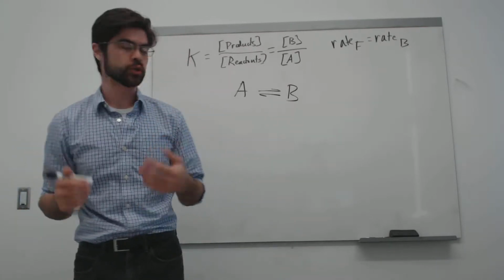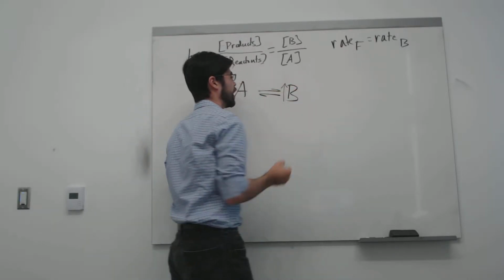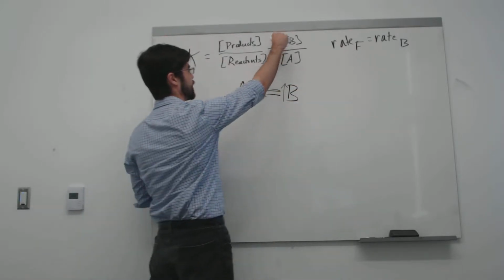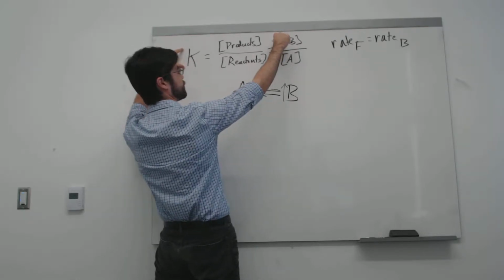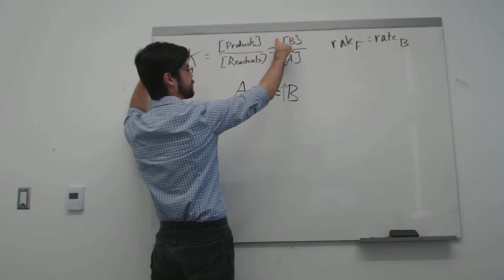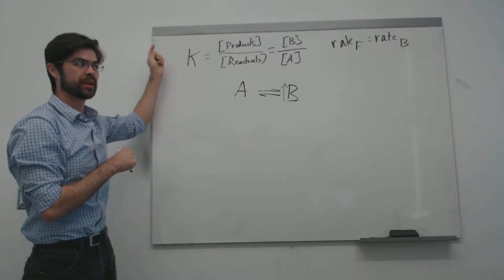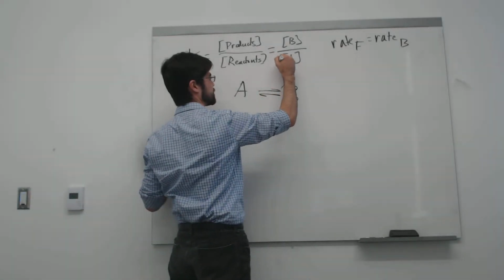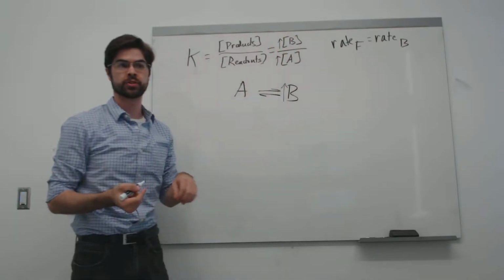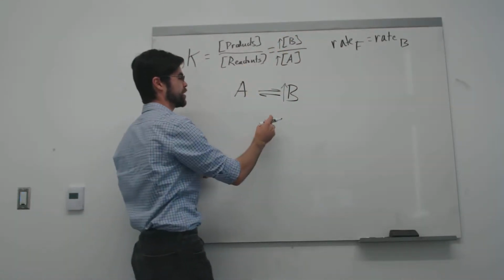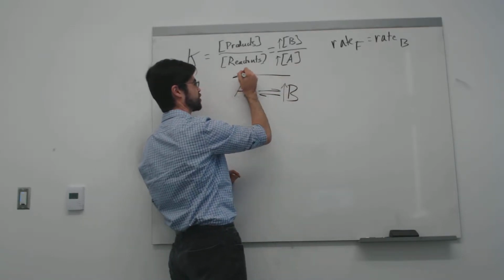And if I disturbed it by, say, increasing the concentration of B, meaning that I made my numerator larger than it was before, well, then the ratio will no longer be equal to the equilibrium constant. The only way that it can equalize is if the concentration of A also increases, and they have to, in this case, increase proportionally to each other. So what we'll say is, if you disturb the system by increasing the concentration of B, the reaction shifts,